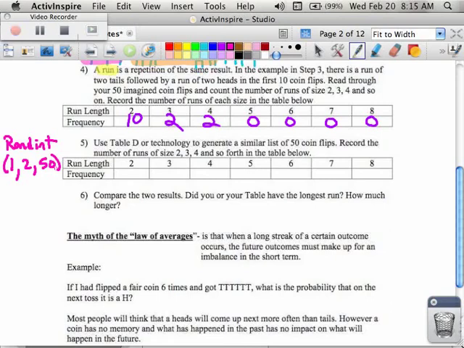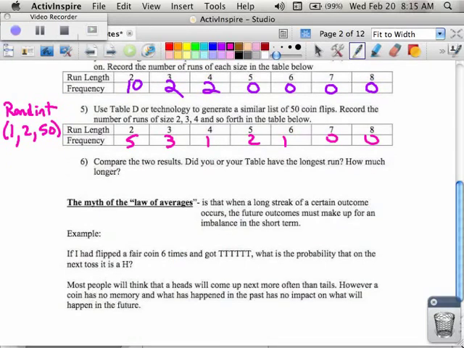Write them down or whatever. You could look in a random table if you want to, that kind of thing. Here's what my survey says: 5, 3, 1, 2, 1, 0, and 0. Now yours might be different. Again, if we started at a different place in our random number generator, that's what I saw in my results.